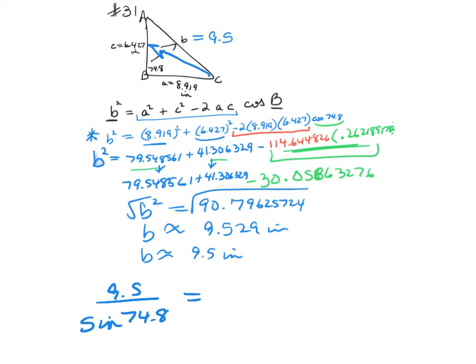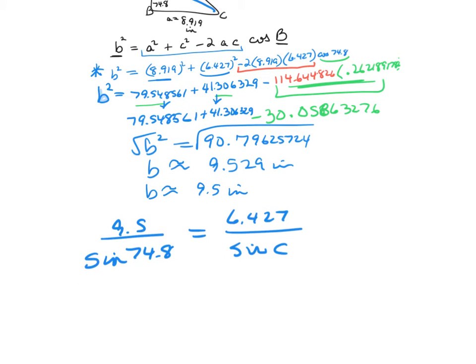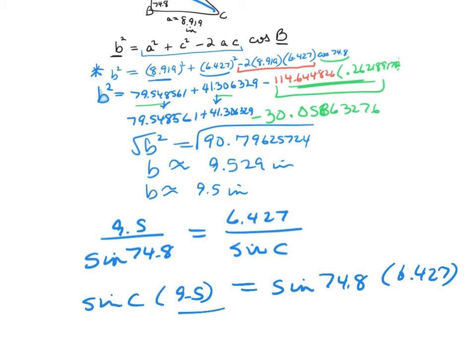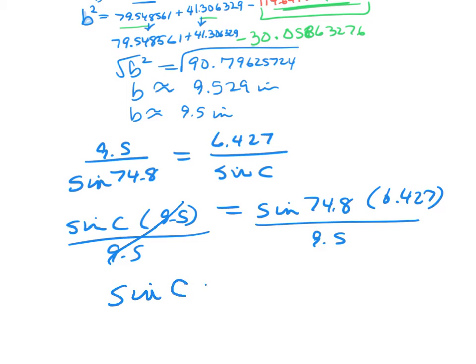So let me go ahead and do little c is 6.427 over the sine of c. And now cross multiply and divide. So I'm going to do sine of c times 9.5 equals the sine of 74.8 times 6.427, divide by 9.5. So I multiply these two and then divide by 9.5. So sine 74.8 times 6.427 divided by 9.5, and I get sine of c is equal to